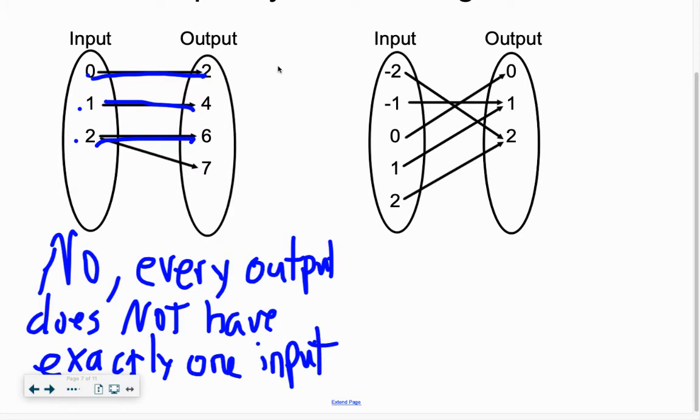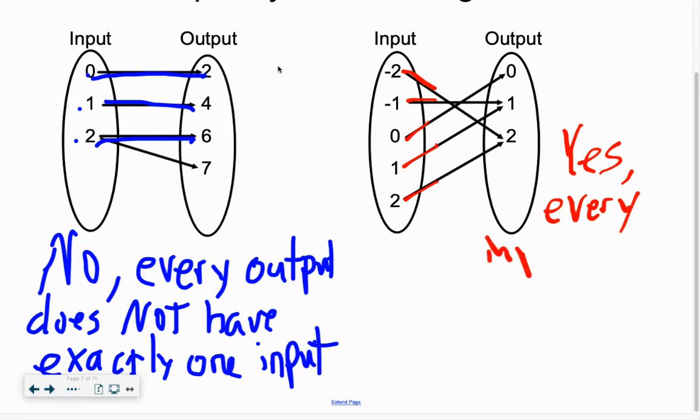Over here, this is where we have to be careful. We see some duplicates here in the output, but we're only concerned about the input. Does the input -2 only have one output, one arrow coming out of it? Yes. Does the -1 only have one output, one arrow coming out of it? Yes. Does the 0 only have one output? Yes. Does the 1 have only one output? Yes. Only has one arrow. Does the 2 have one and only one output? Yes. That then means that you can say, yes, this is a function, and why